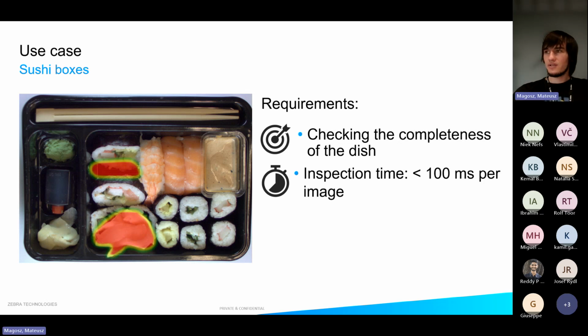Using anomaly detection, you are not able to, let's say, tell which part is missing, but you can see all the defects here. So I think some part of another meal went here, and there is a lack of one of the ingredients